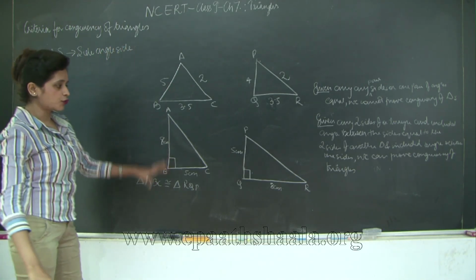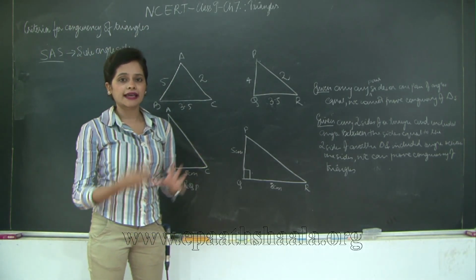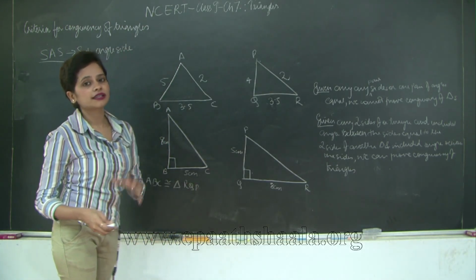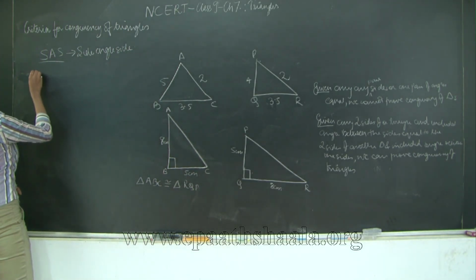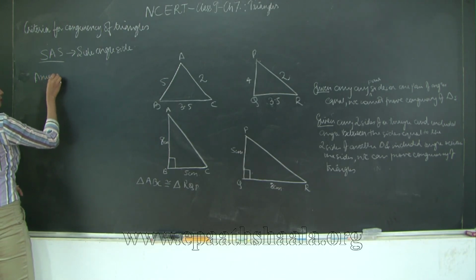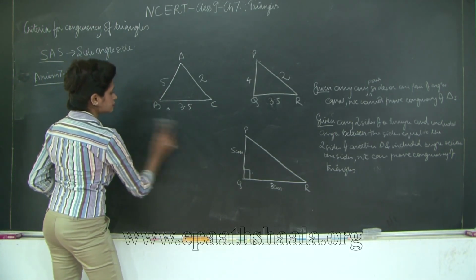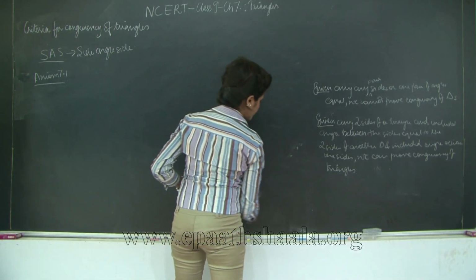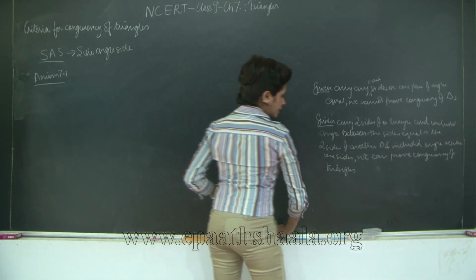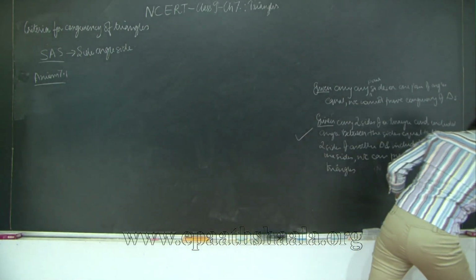Now this is a statement which cannot really be proved by using any of the theorems or axioms that we have learned before. Therefore, it is a universally accepted axiom and in your textbooks it is axiom 7.1. So let us see what axiom 7.1 reads. Axiom 7.1 is going to be similar to this one. Let's just write this down.